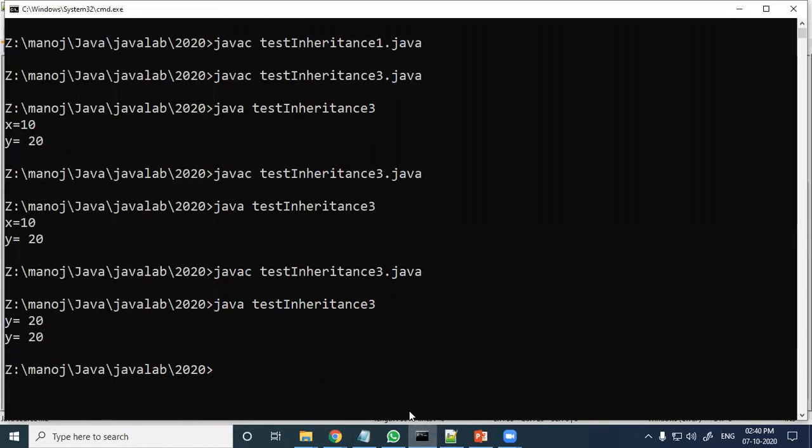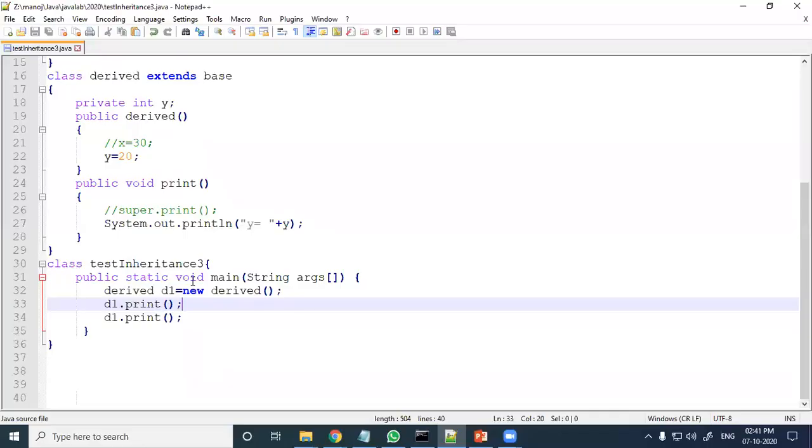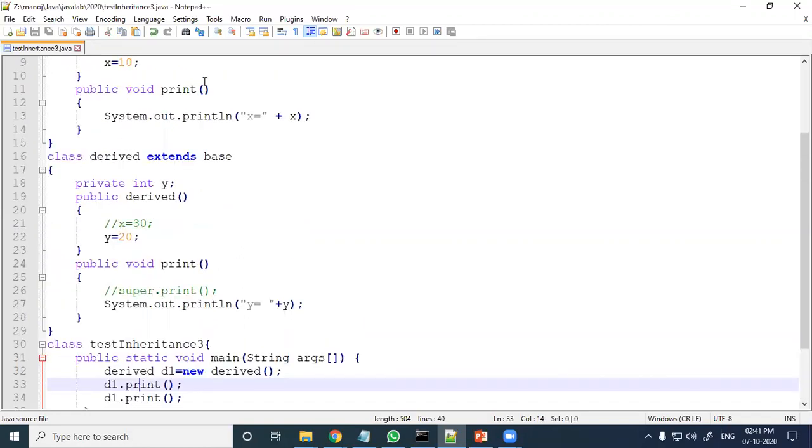Okay. So here only the derived class function is called, not the base class function. So its own function. When we call the print function in this program, this print function will be called from the derived one, not the base one, because it will call its own, even if it is present in both classes, base as well as derived.